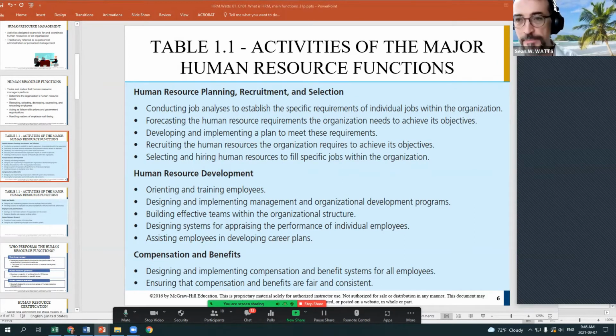And that's not hiring people. That's not managing or planning. That's talking about developing the existing employees. It's really interesting. So designing those programs, organizational development programs, building effective teams, and the structure, the whole idea of,